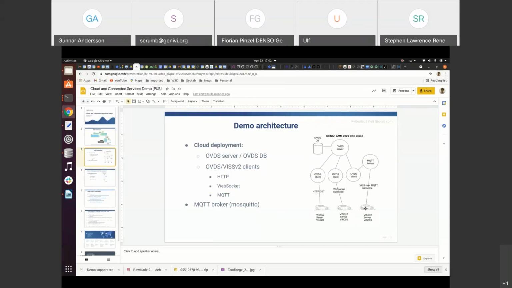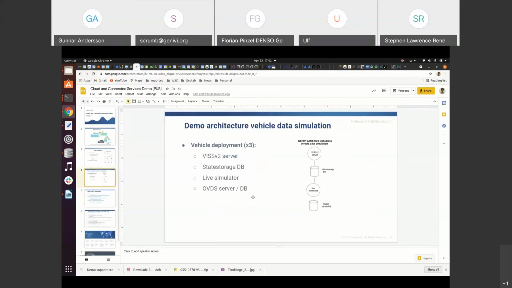The vehicles will not be real vehicles here, but we will simulate the vehicles and simulate the data. And that simulation will look like this. We have the VISS server that gets requests from a client, and the server will then retrieve the data according to the request from a SQLite database that we call state storage database. This is just a buffer in between the server and the underlying system